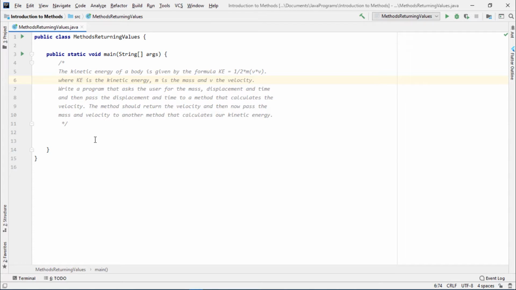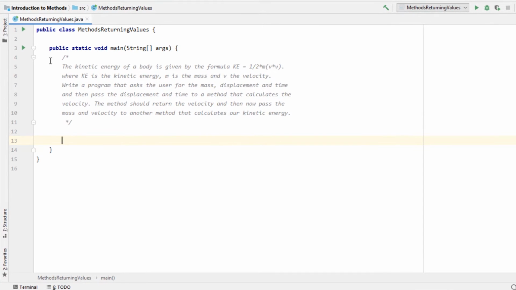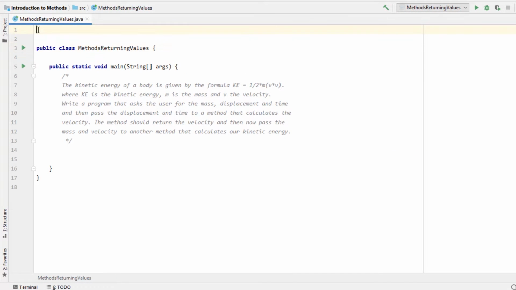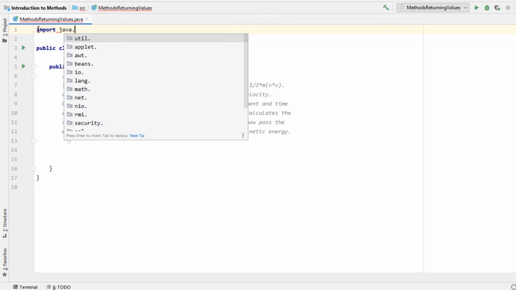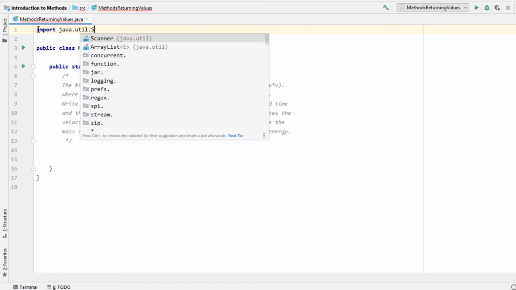Now let's write some code. Let's try this challenge before us. In our main method, we prompt the user for values for the mass, displacement, and time. So let's import our scanner class. Import java.util.Scanner;